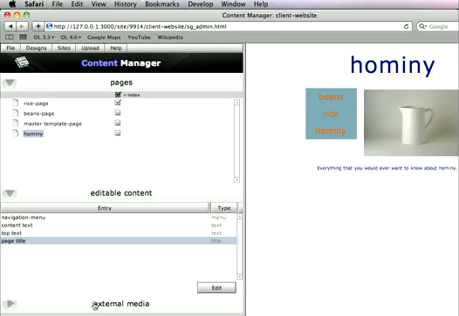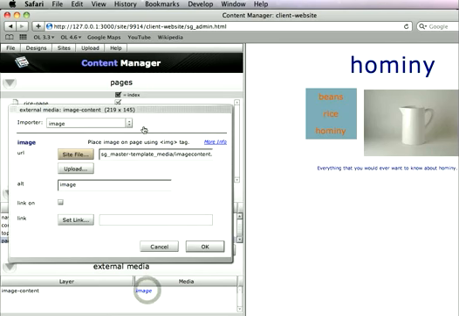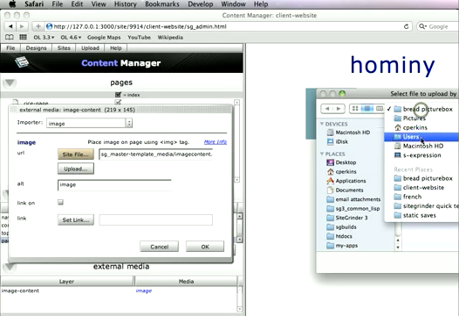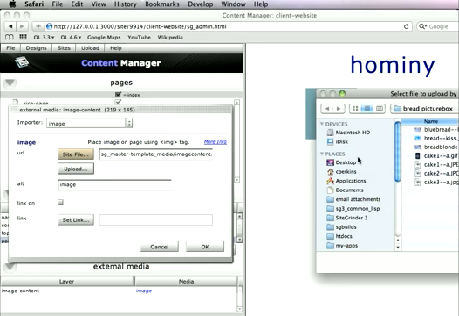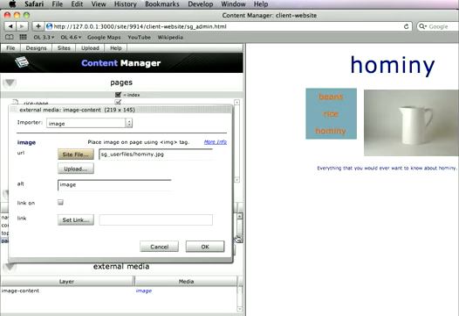Alright, so that's all set up, and the last thing to do is to change this image. So we've got this image content here, and I'm just going to change this image to a new image. So I'll just go ahead and say upload here. I believe on my desktop, the client did send me a picture of hominy, and so it's all set up there. Set its alt tag to be